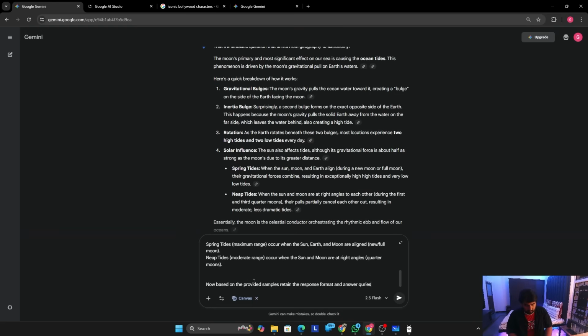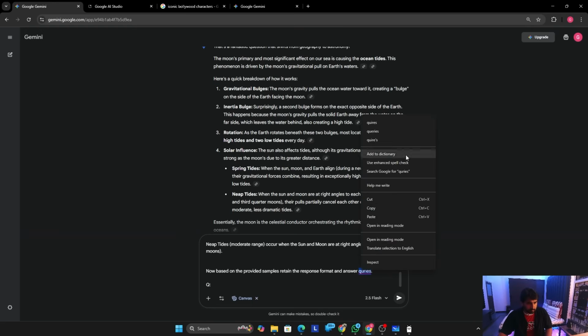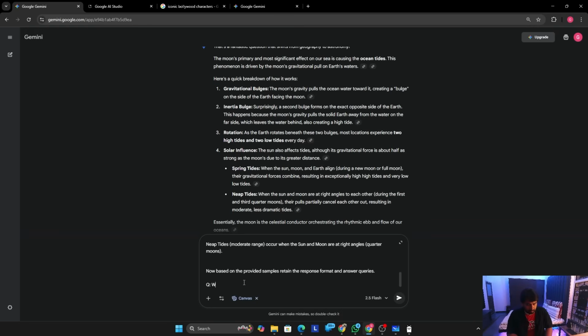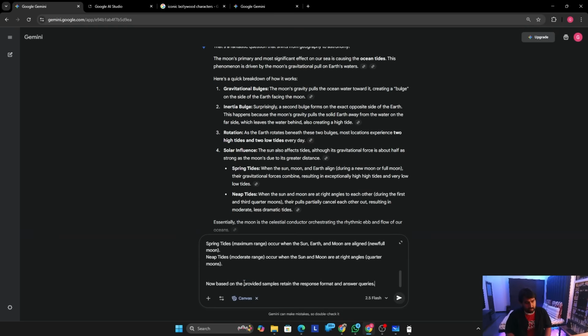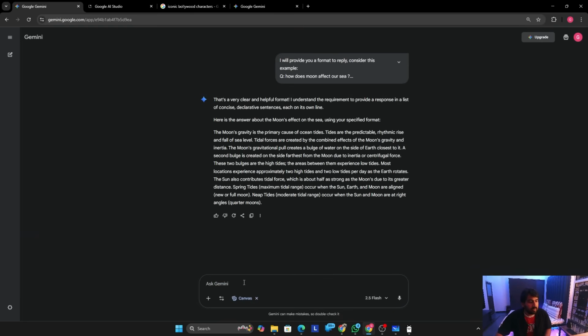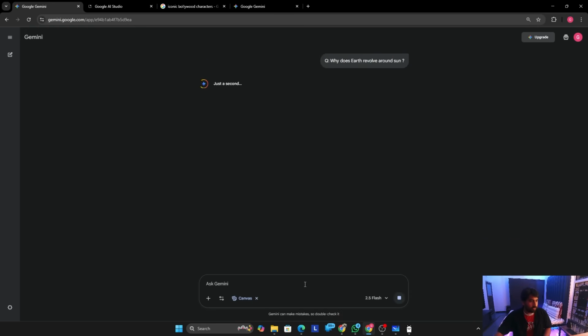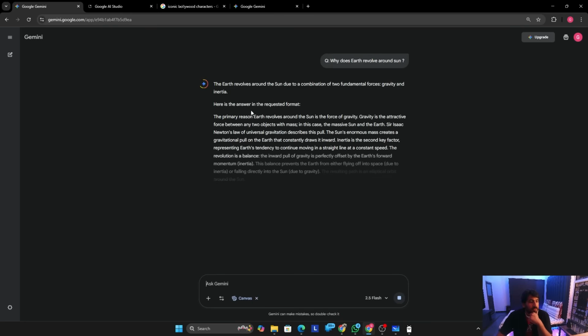Let me give it a question: why does earth revolve around sun? My prompt is very simple, it is only that. Let me cut it for now. Let me first give some shots to the LLM. Now the LLM is very clear. Now ask the question: why does the earth revolve around sun? You will realize maybe the few shot didn't really work well for us in this case, but